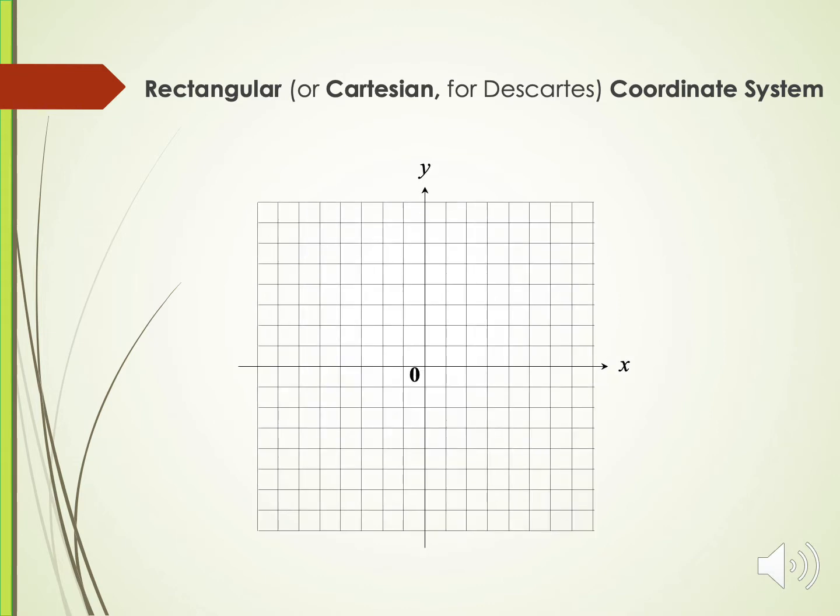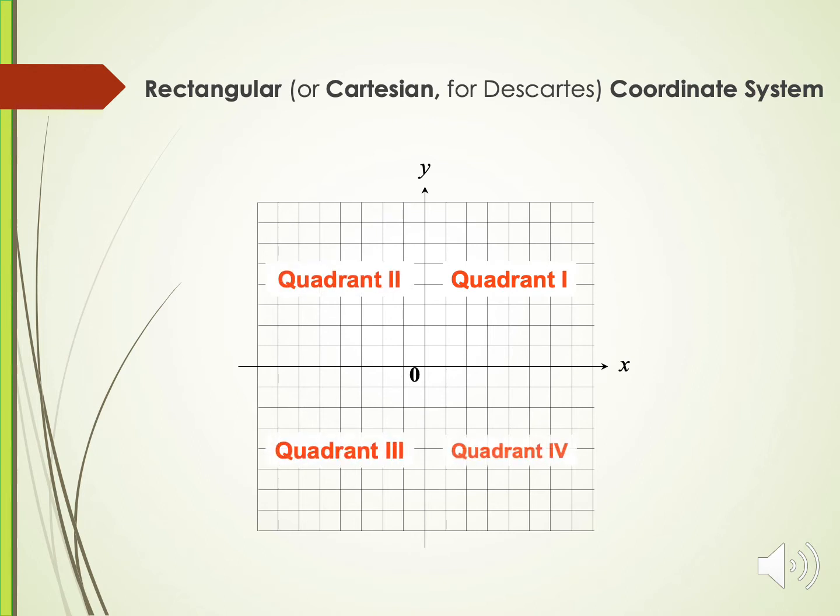Okay, so this is your x-axis, so that's the one I told you. This is the y-axis, and the 0 is the intersection of the x and the y-axis, called the origin, and we denote that with 0. Okay, so the rectangular coordinate system is divided into 4 quadrants, quadrant 1, 2, 3, and 4 in a counterclockwise